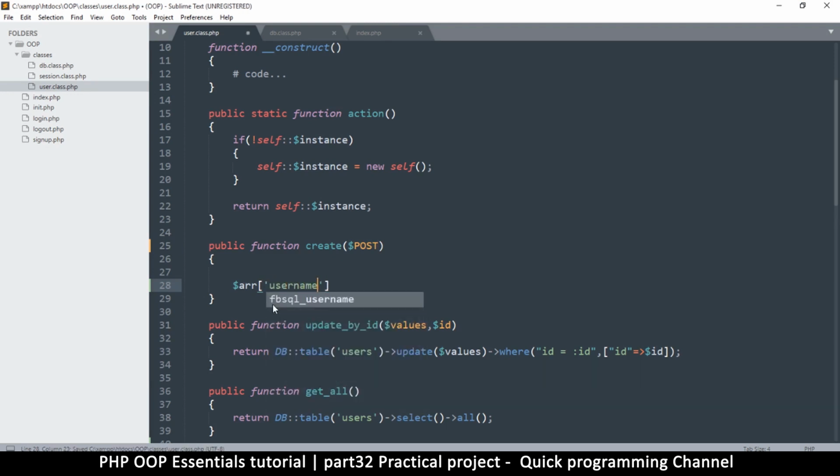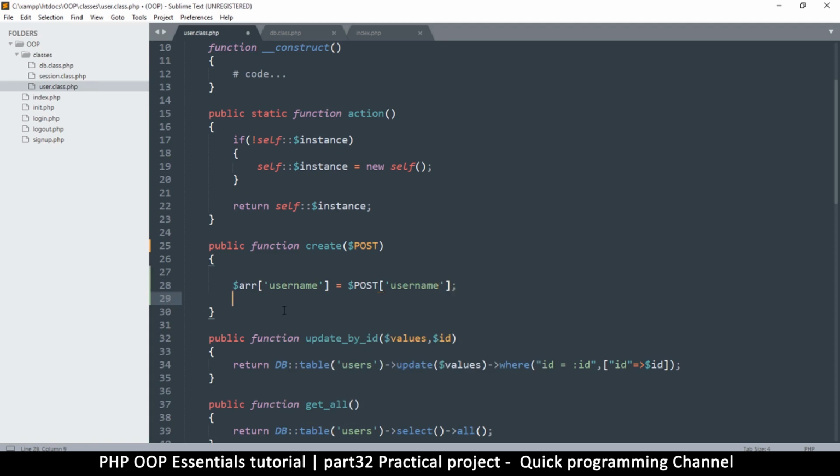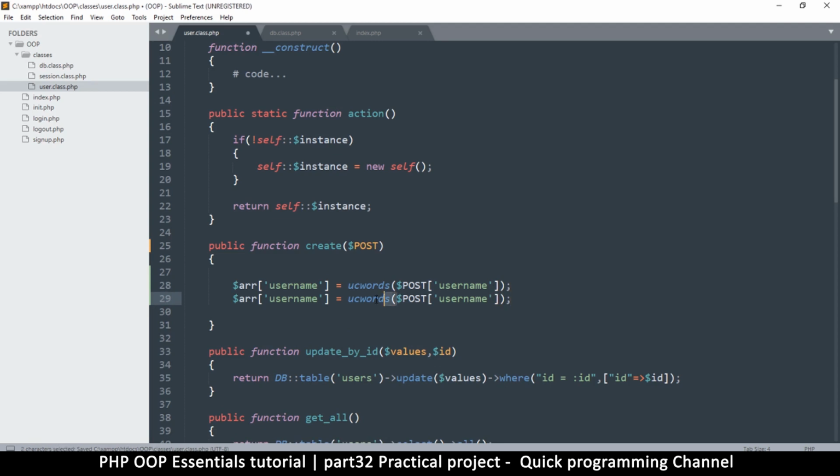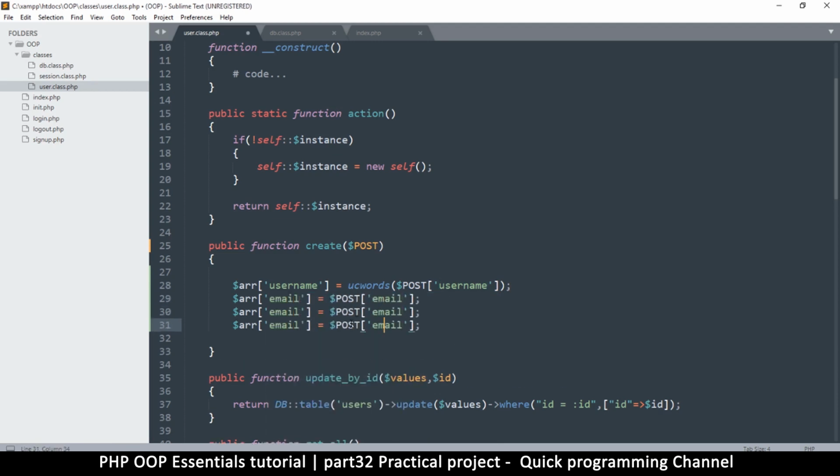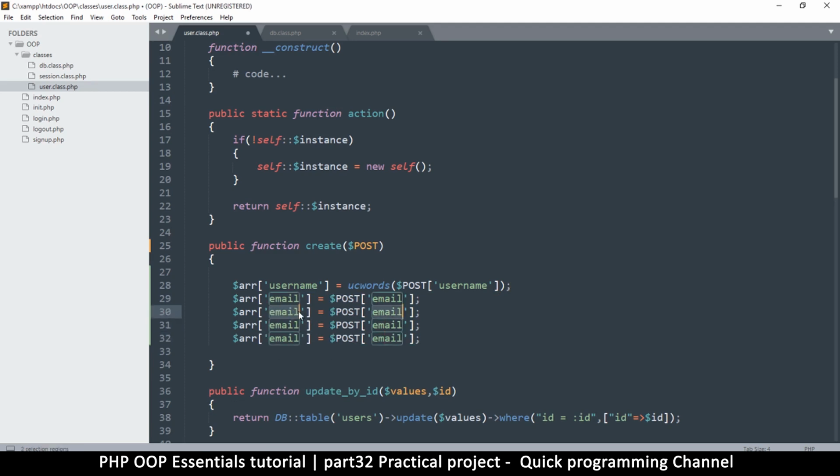So I'll say this one is username and get username from there, like so. Now, no need to sanitize this data because we are using prepared statements, so this is okay. Usually a username, I like it when it has ucwords like that to capitalize every first letter of the username. And let me duplicate that and remove the ucwords here. I don't need that anymore. Now we can change that to email. Duplicate it a few more times. Let's get to the password and let's get to the